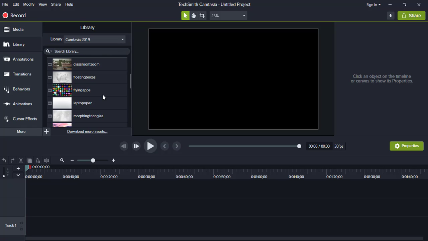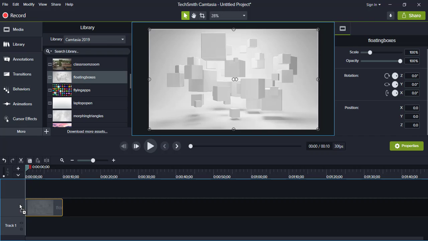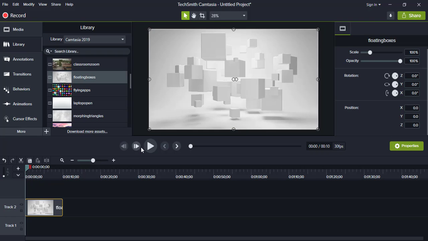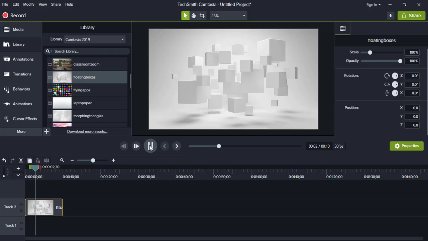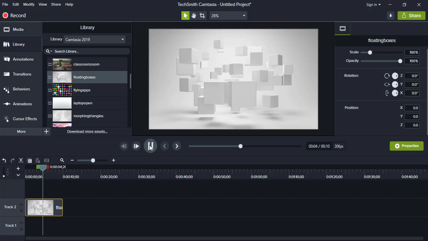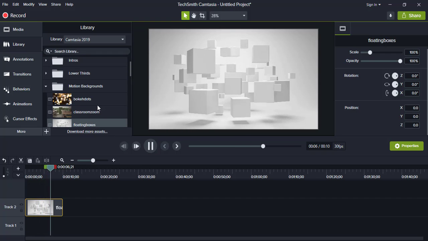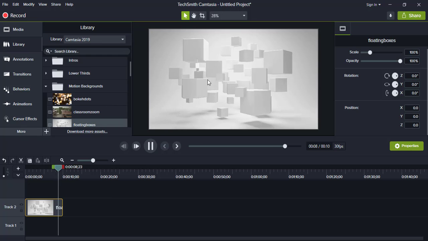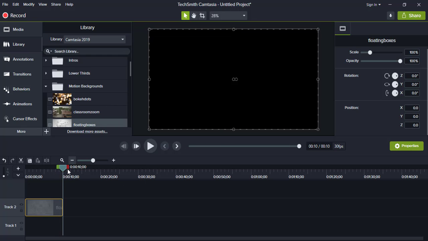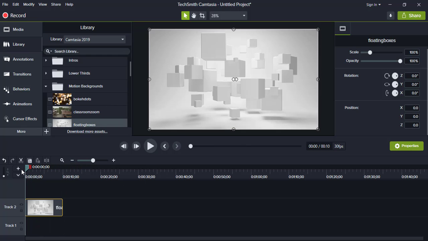Let's suppose I'm taking this floating boxes. I really like it. To work on it you just have to click, drag and drop. We'll just play once and see how it looks, and as the name suggests, it is motion backgrounds. So it is basically an image or a clip with motion. It's not a static image.